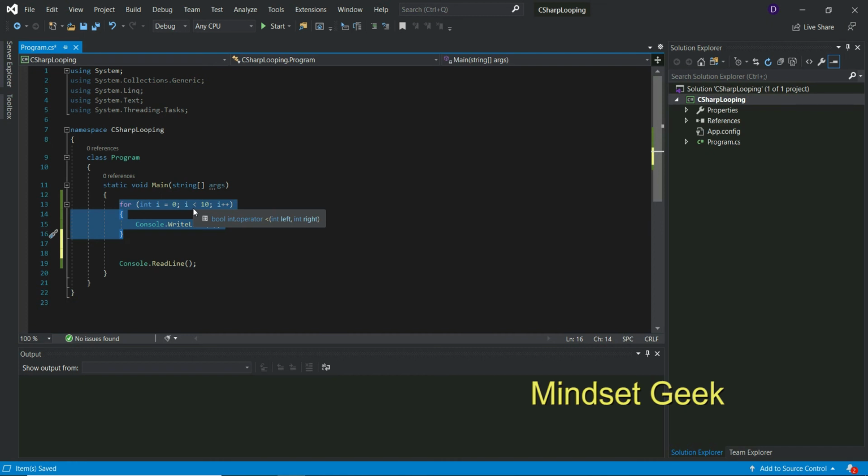There are also do while and foreach loops, but basically two kinds. We use the for loop when we exactly know how many iterations we want to execute.